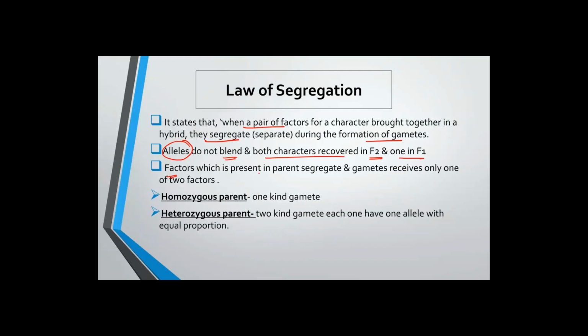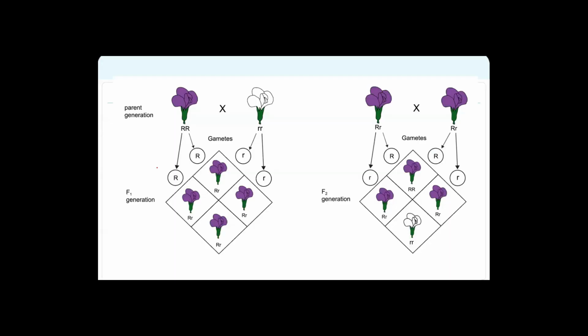So the factors present in parents segregate and gametes receive only one of the two factors. Here you can see in this diagram, capital R and the other allele segregate into two different gametes, and then they fuse together to form different progeny with combinations. Not exactly random, we'll say, this particular gamete will fuse with R, and if that is the case, you'll have this particular progeny. If this R crosses with this particular gamete, then we'll have that progeny. This is the F1 generation,